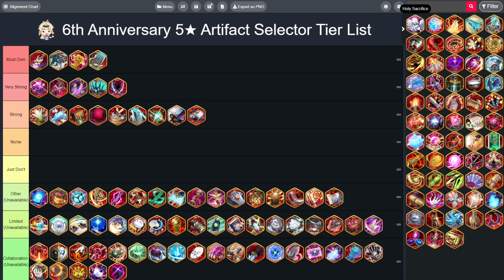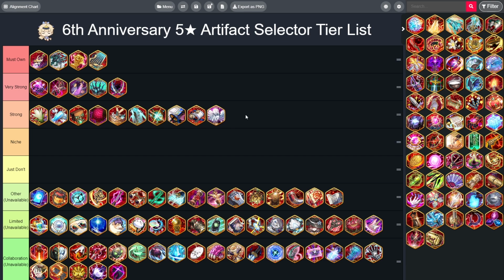All right, next up we have Holy Sacrifice. I know I'm putting this in the strong category, but there's an asterisk around this, right? Holy Sacrifice is very strong. You see it on things like Abyssal Fiend, Empyrean Ilonov. You see it in a lot of PvP units. Holy Sacrifice is only good though if you have it max limit broken. So if you don't have a copy,